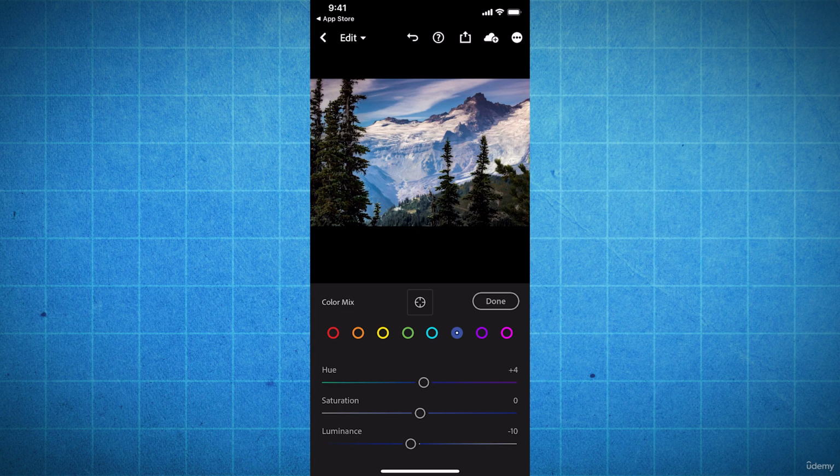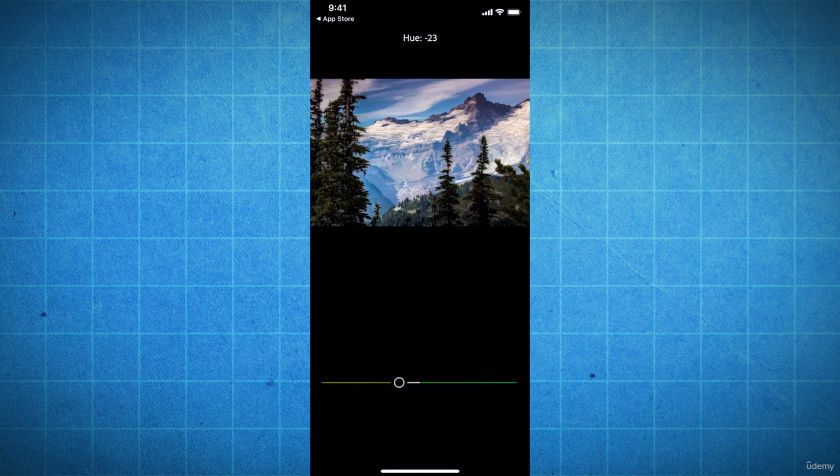And then if I wanted to do the greens, I could click on green, and I could change all of the hues of the green. So if I drag all the way this way, you can kind of see it. They're getting a little bit darker green. And if I drag this way, it's a bit more orange. You can see it in the trees there,